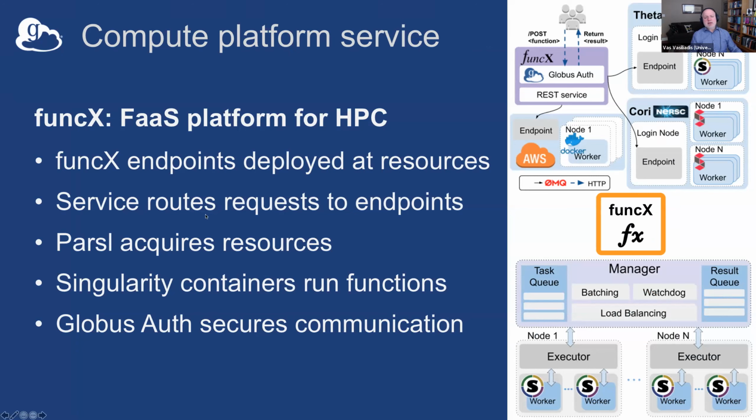If you're familiar with things like Lambdas on AWS or compute functions as a service on Google Cloud Platform, this is the same idea, except that you can deploy this kind of infrastructure very easily on your own compute systems, be they an on-prem cluster or what have you. You deploy the system that we call FuncX. You deploy a FuncX endpoint onto your compute system, and then the Globus FuncX service will route these compute requests to the endpoints,